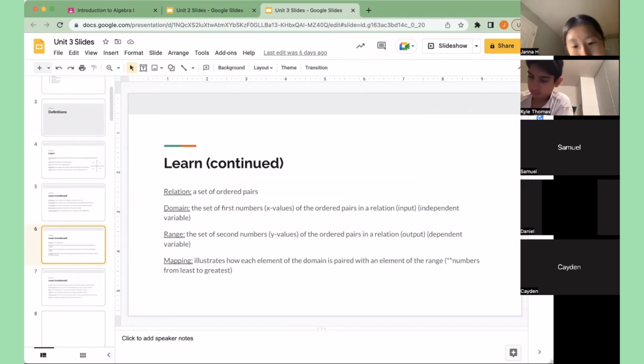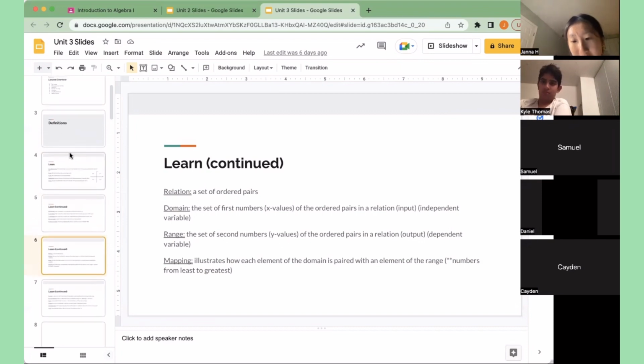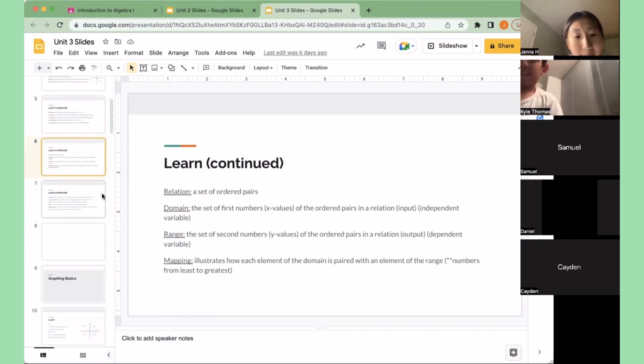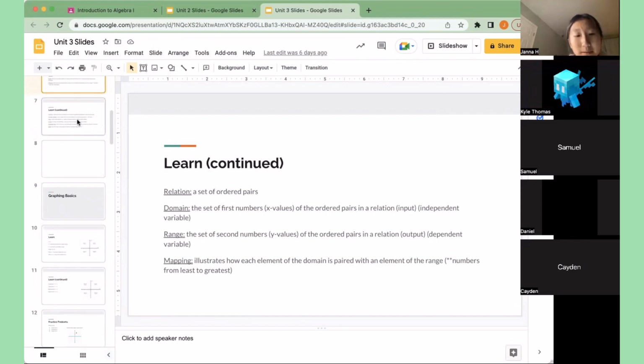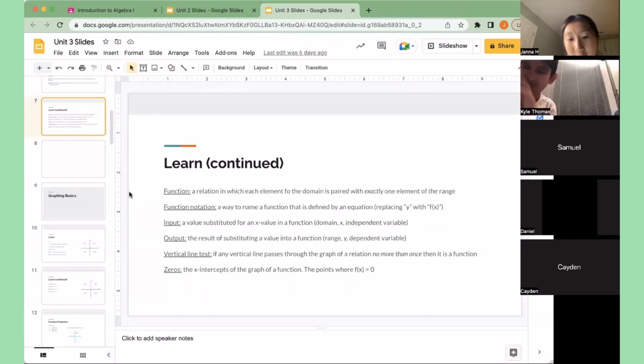And then mapping just illustrates how each element of the domain is paired with the element of the range. We'll get into this, I think, the section after the next one. And you want to remember when you're doing mappings to order the numbers from least to greatest. Okay, a function is a relation in which each element of the domain